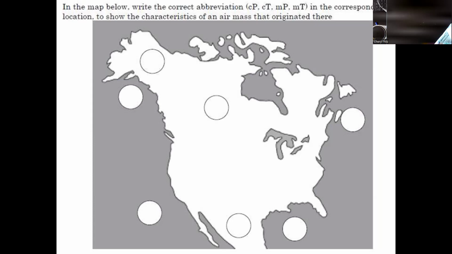Let's think about it. Where are we on this map? Right here. Remember, we're easy to find because we're in the general area of the Lake Erie and Lake Ontario meeting. Look how much further south this first circle is. That's going to be warm. So what letter do we get for warm? T. This first one's going to be a maritime tropical, which means, and here's the part I want you to add, if this air mass, this MT, was to blow over to Buffalo, what kind of weather would it bring Buffalo?